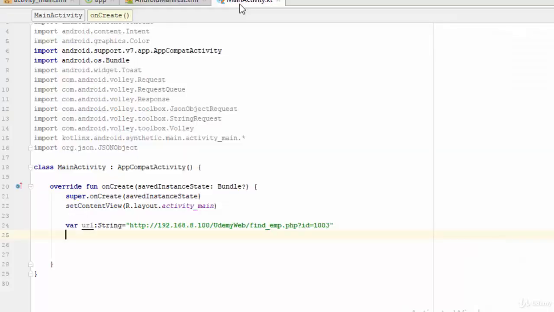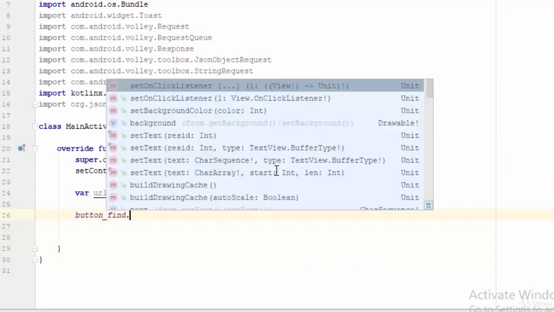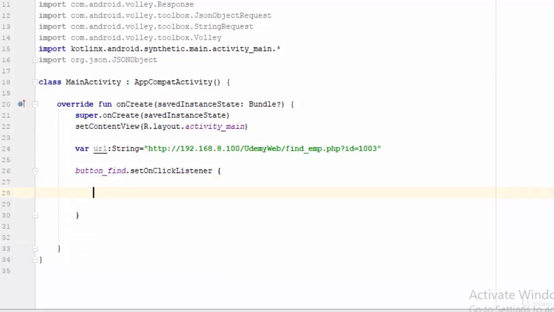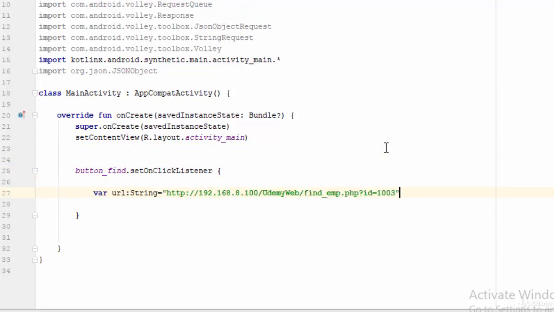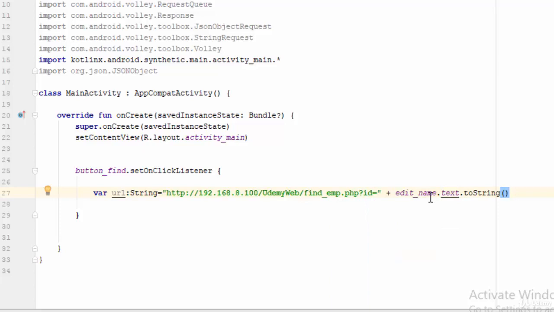Now let's go to the Kotlin and say button find dot set on click listener. The first thing is to cut this line of the URL, cut and paste it inside the on click, and remove the ID, and instead of the ID we are going to add the edit text. So edit name dot text dot toString. I don't know why I called it edit name. Maybe edit ID is better. No problem now. Anyway,